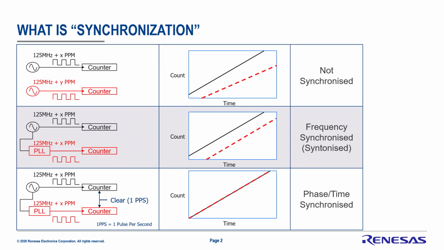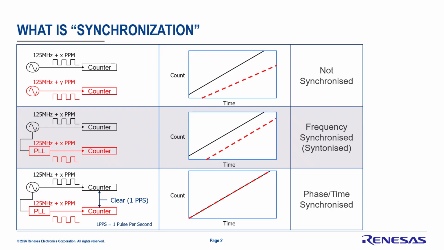Before we jump into what are phase lock loops, let's talk about what is synchronization. So synchronization can be looked at in three different ways. One is not synchronized, which effectively just describes two completely independent clocks that are running at maybe some nominal frequency in relationship to each other, but there's some error between them, like X parts per million or Y parts per million. Now, if we were to feed these two clocks into a counter and sample those counters over time,